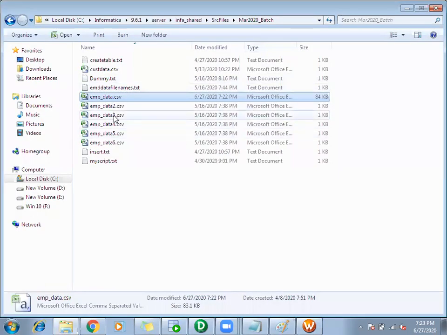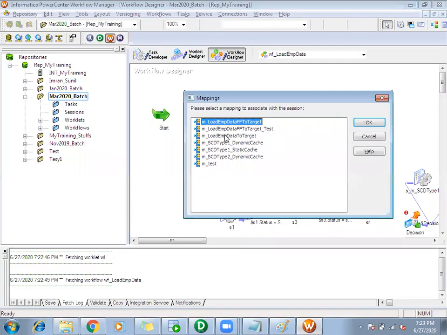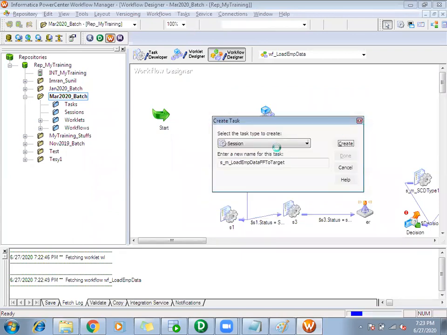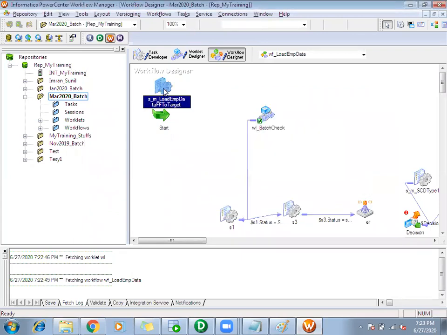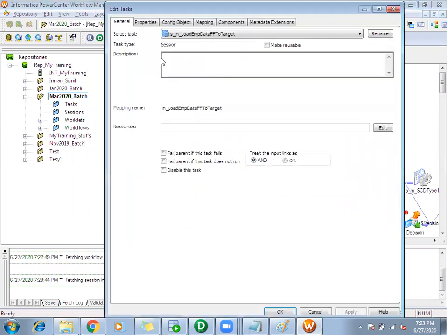Load EMP data. So let me connect it to start. Okay, so this is my session.